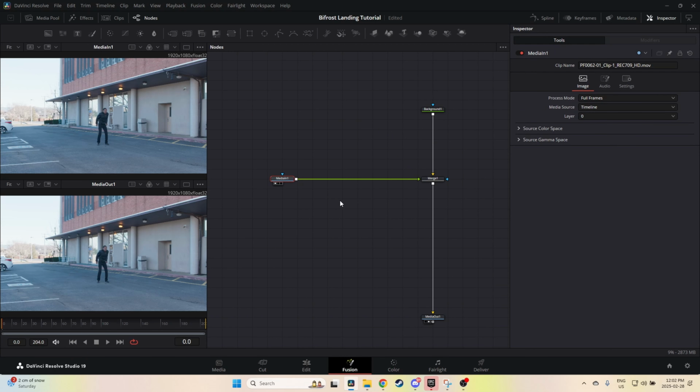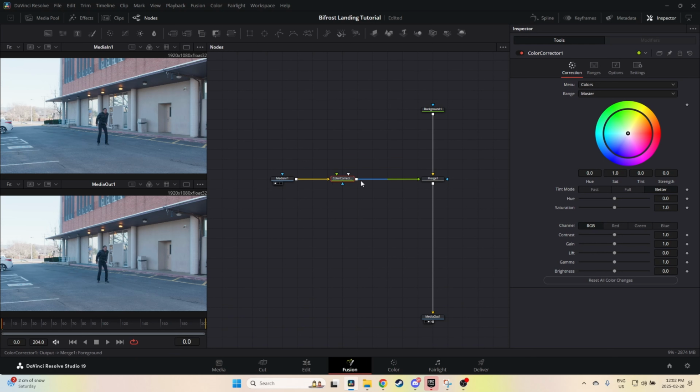So we've got our media in. I'm going to add a color corrector node and desaturate it. So here we can see it's black and white, but I only want the center here around him to be black and white. Okay, so I'm going to add a rectangle,